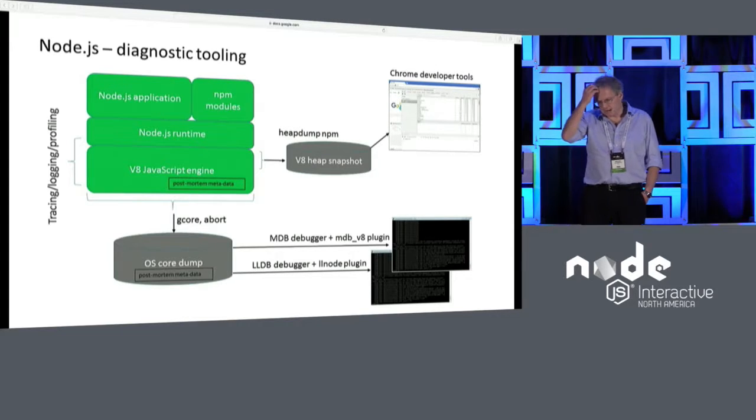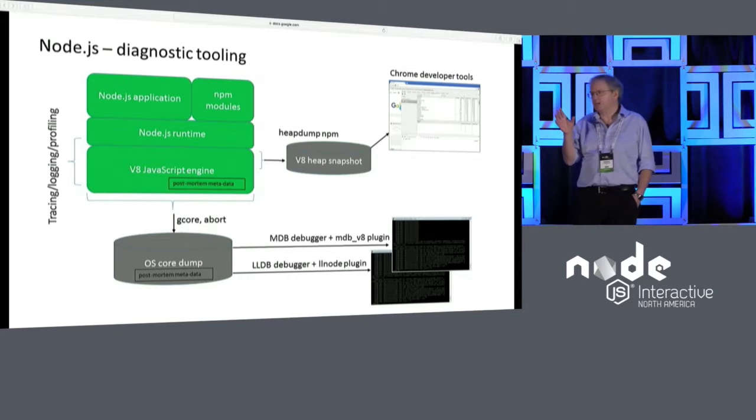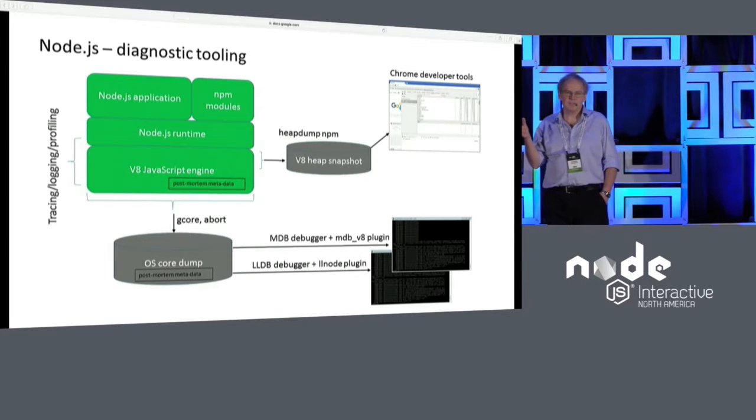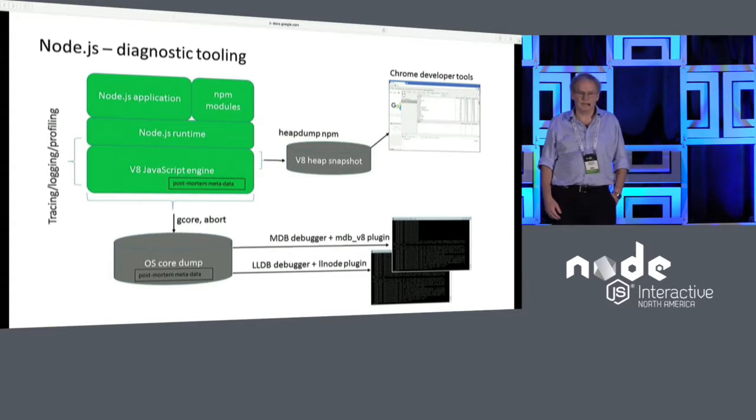Now there's issues with heap dump, and Yunong probably wouldn't use it in production, but it shows the way in which you can get a nice postmortem tool, because the heap dump, which is a JSON format thing generated by an API in V8, is readable by the Chrome developer tools, and that straight away gives you a nice picture of the heap with the dominated tree analysis, and you can more or less look at that and straight away see what your problem is if you've got a memory leak or you're running out of memory.